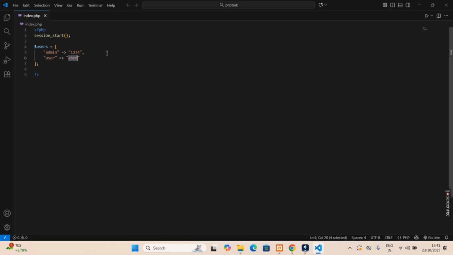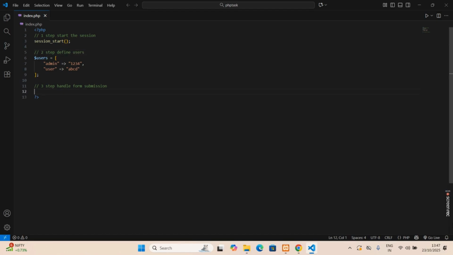Now third step, handle form submission. Okay, and this is our first step, start the session, and this is the second step, define users. Now third step, if